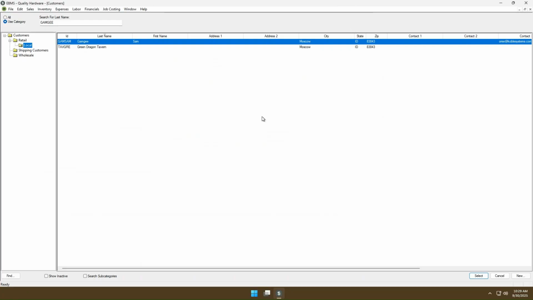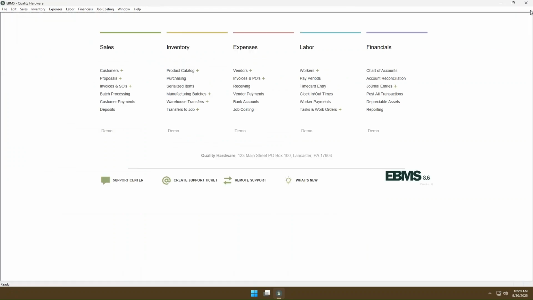Now that we're back at the customer list, I would like to note for you that if I click the red X here, I would actually be closing EBMS entirely. So instead, I'll click the small X beneath it. And now